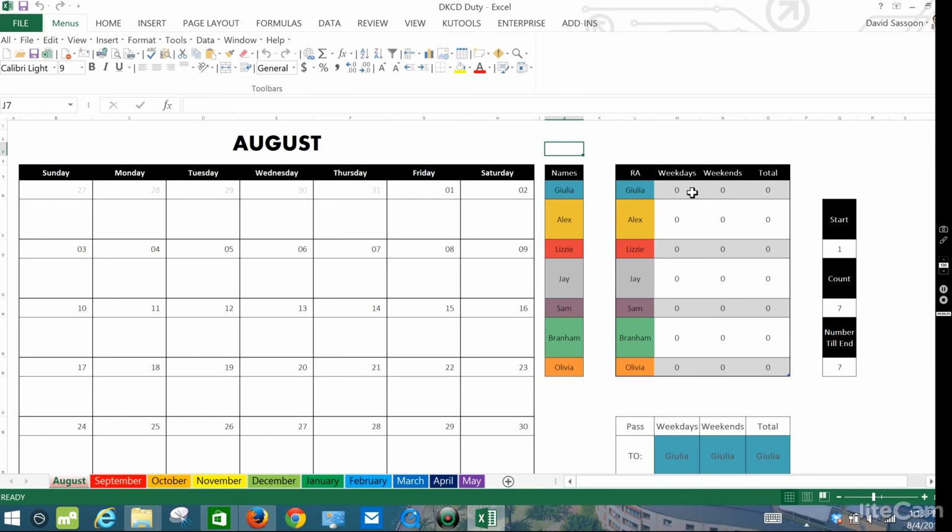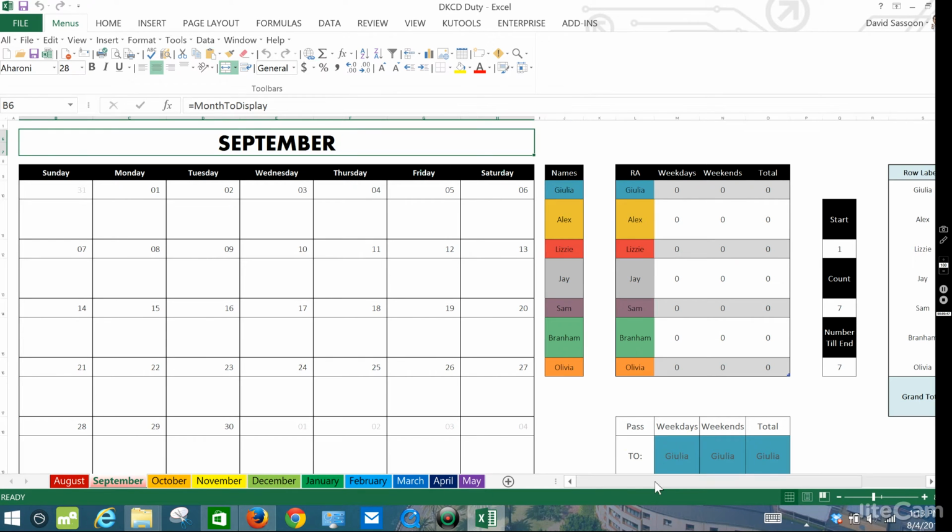Then over here on the right, you'll notice that there's this table. This is where you'll see the cumulative count. So this will total the current month and all previous months. Then, to the right of this, on every month beyond August, so I'll go into September,